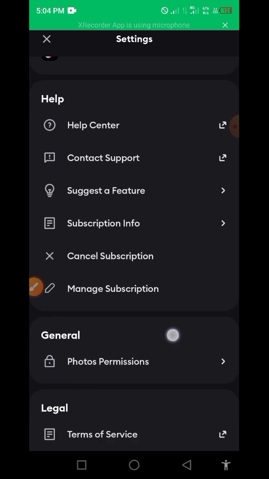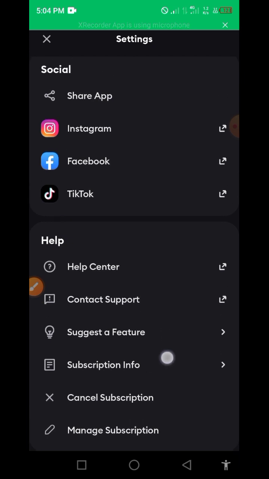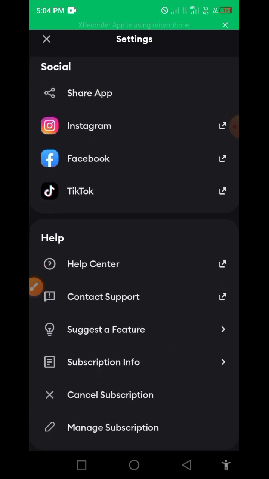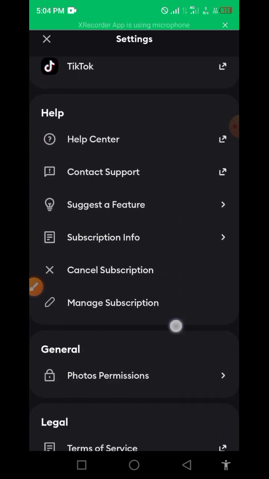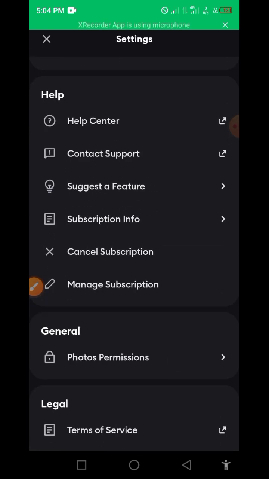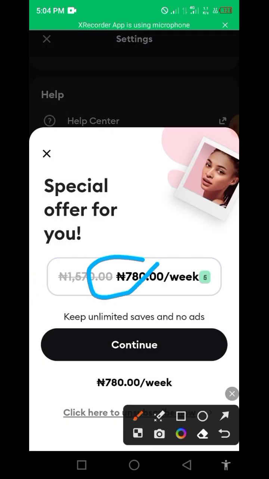So they're going to tell you to put in your ATM card. When they tell you, fill in your ATM details and move on, so that you can use this app, because without it you can't do anything. But if you don't want to add your ATM card, you don't want to do a subscription, I have a special offer for just 718 naira per week, which is not enough to buy you